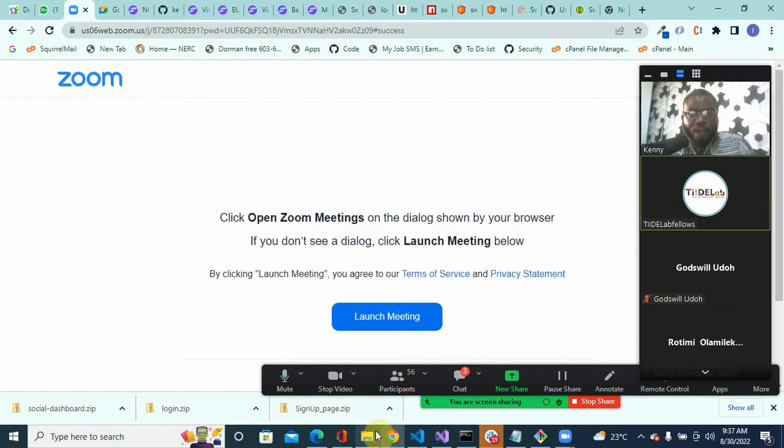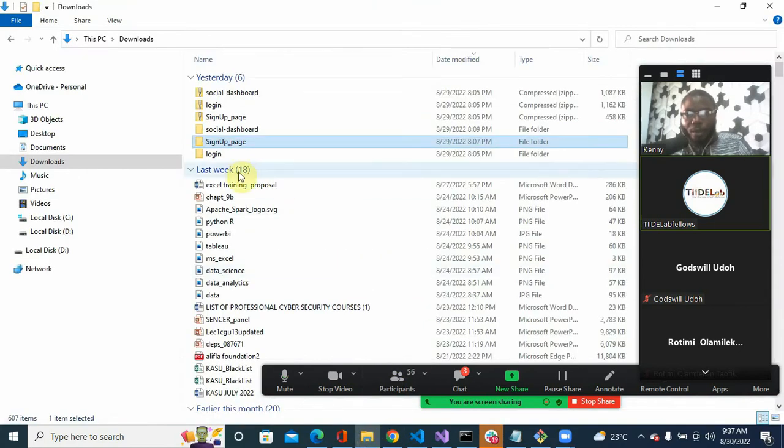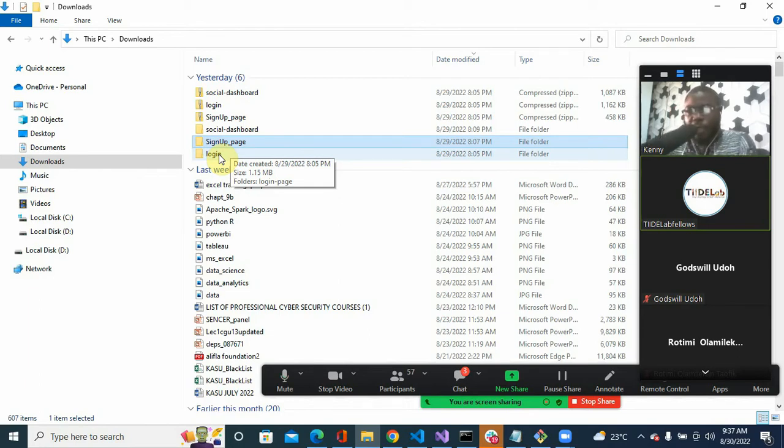So this is the file I got from my people yesterday. The social dashboard, the sign up and the login page. Our aim is to make it work together and then infuse some JavaScript into it, and basically some of the things that we've learned, and see how best we can maintain a good structure,